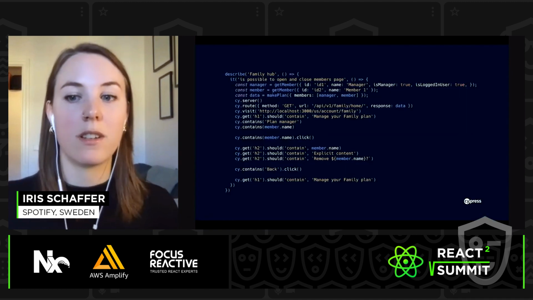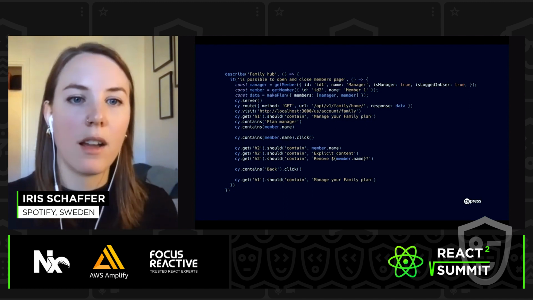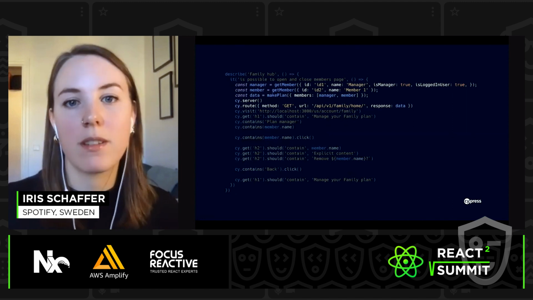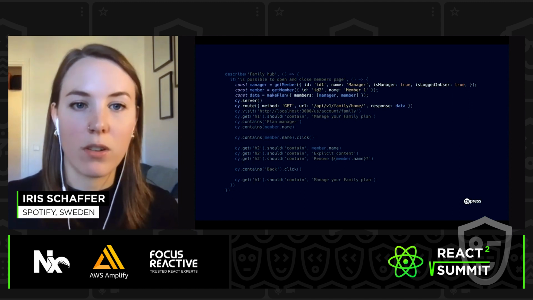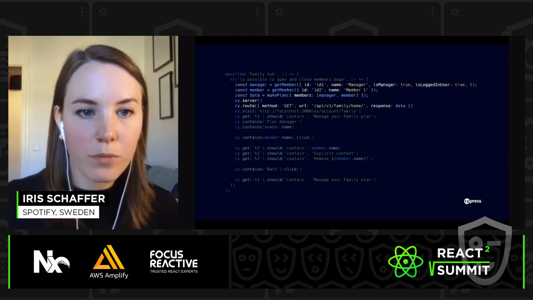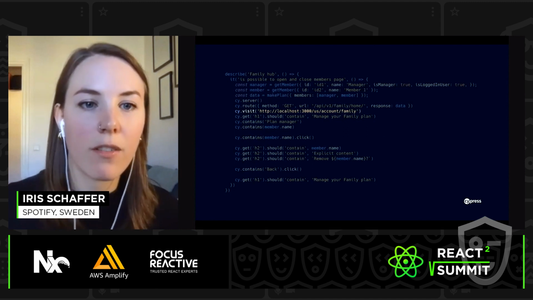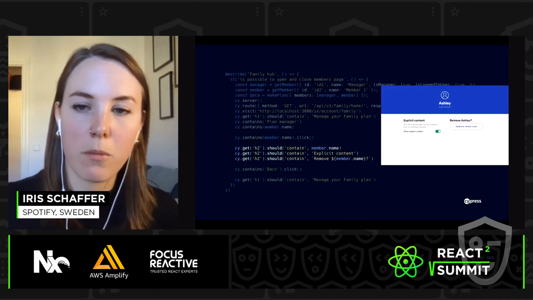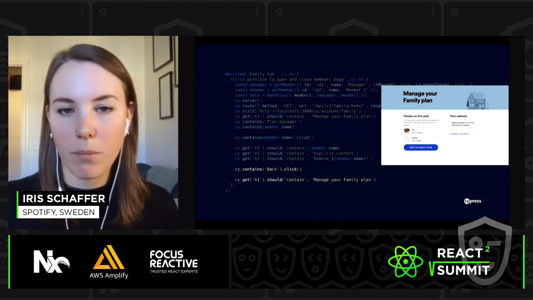Cool. Let's look at a different technology that can be used for the same kind of test. In this case, we use Cypress, and Cypress moves up a level more in the stack. So now we're actually testing on the browser directly already. And again, we intercept the call to our backend because we still don't want to interact with that, and replace the data returned by that API with a fake one. We then visit our actual web application, let's call it that. And then we again assert that we're on this page. We click on the member. We make sure we land on the next page. We press the back button, and we want to be back at the other page.